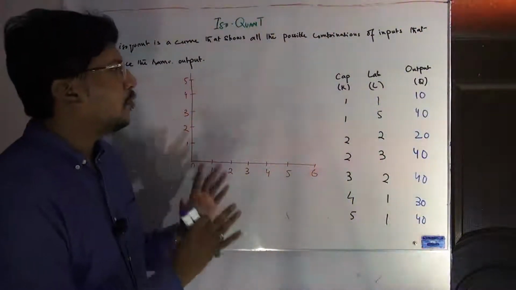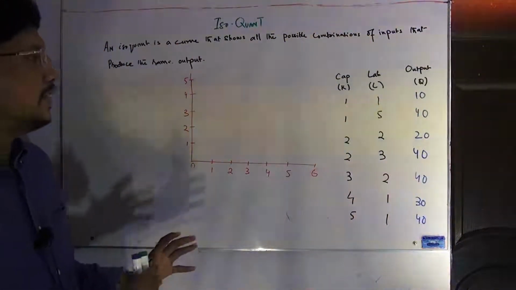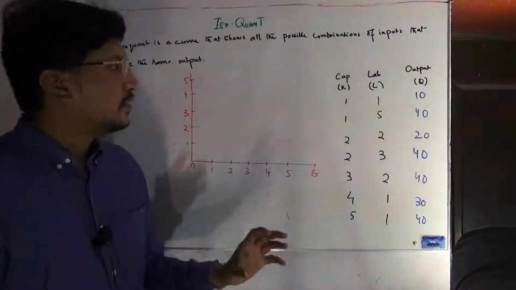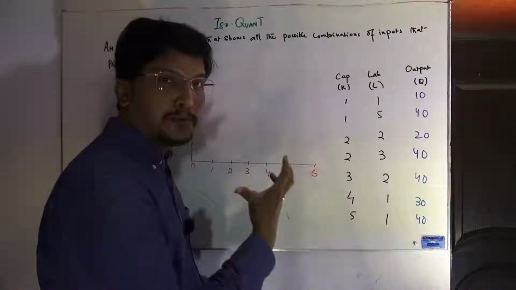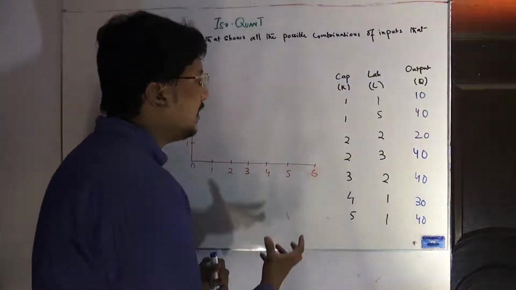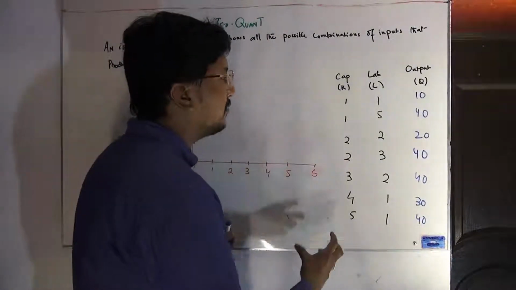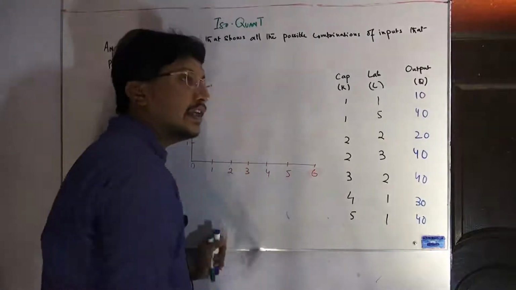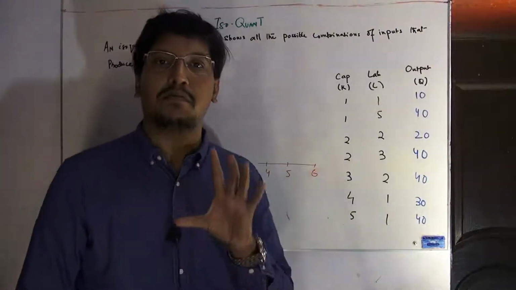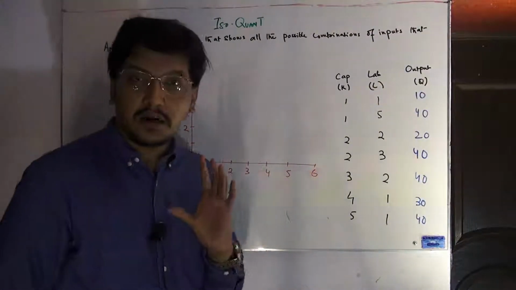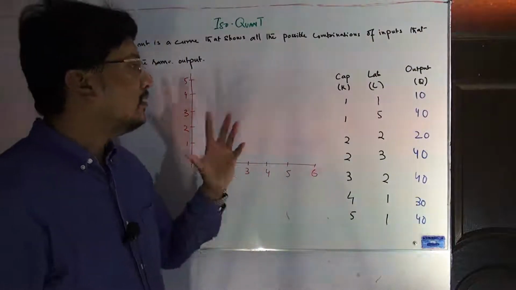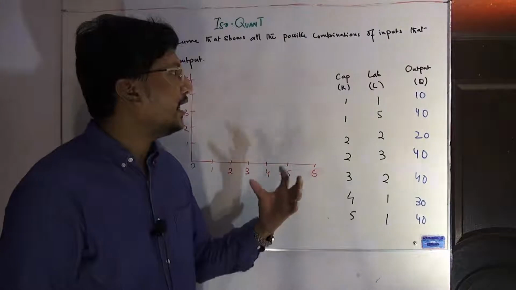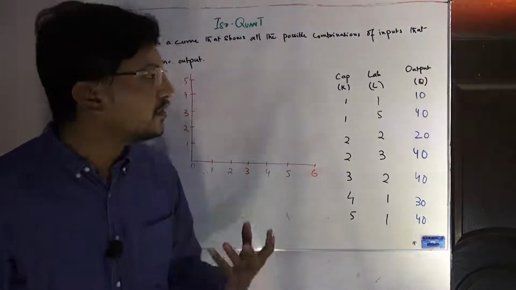Now for more explanation of the isoquant, we are just taking a hypothetical example. Let's suppose this is a battery producing firm, and we are taking the data of different months. Let's say these are 1, 2, 3, 4, 5, 6, 7. There were 7 months, and the company reported different labor and different capital, with different combinations, and the company produced a different level of output.